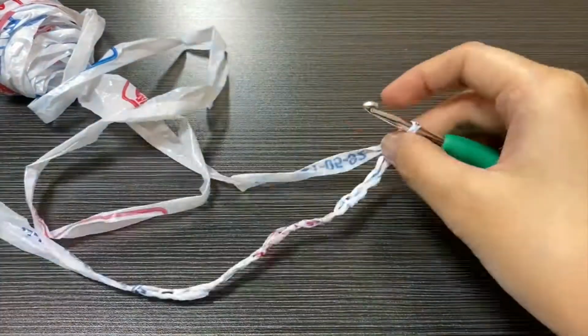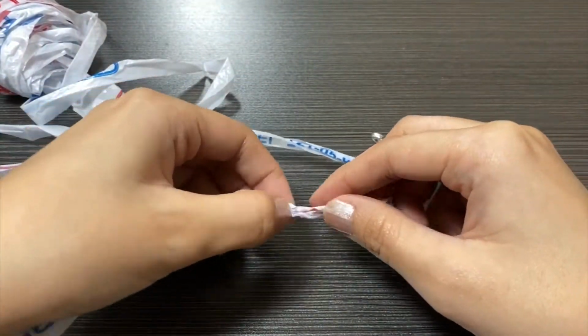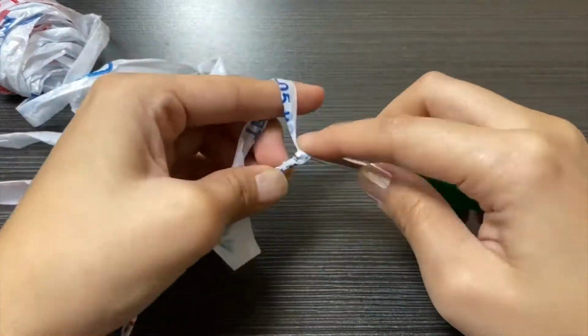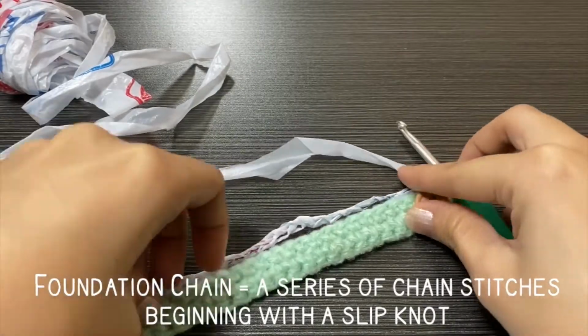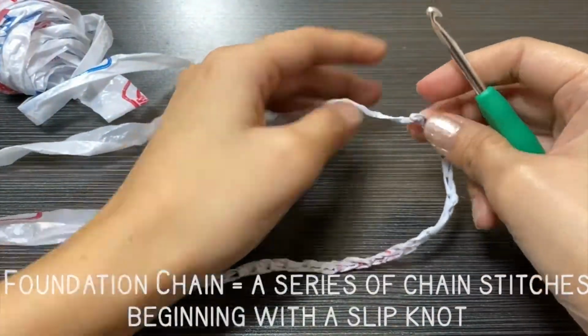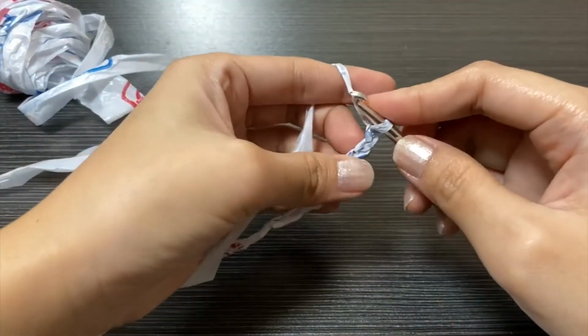And then I'll just compare it with an existing ear saver to see how long it should be. The number of stitches will depend on the thickness of your plarn and how long you want your ear saver to be. Make the foundation chain a ½ inch shorter than your preferred length. Once you reach your target length for the foundation chain, on the second chain from the hook, you will work